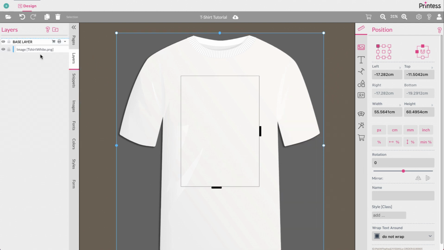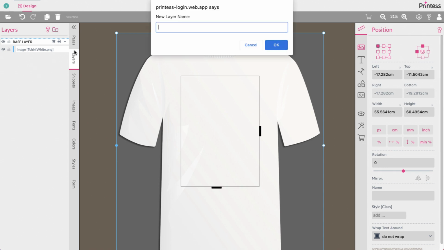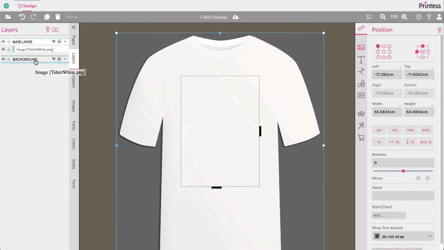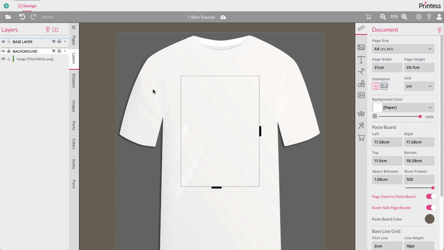Now it makes sense to put this t-shirt on a certain layer because this is our base layer. So we create another layer here, let's call it the background layer, and we can put the t-shirt on here, and we actually can lock this layer. So that's it. Now nobody can touch the t-shirt, in case you don't want people to move objects in the edges. That's it. We're actually done,